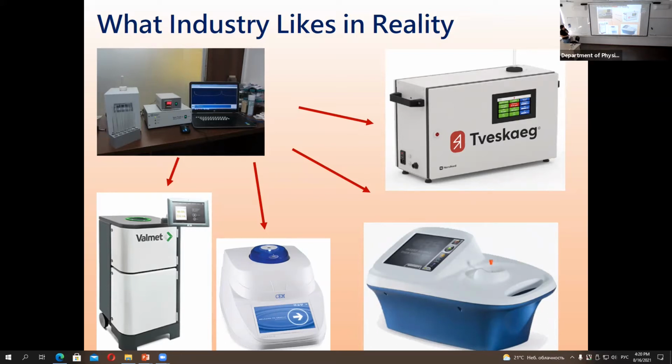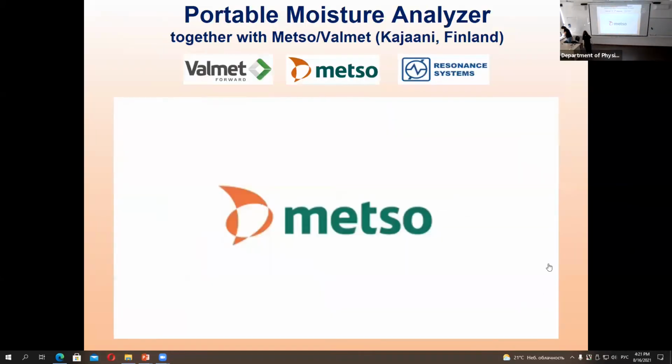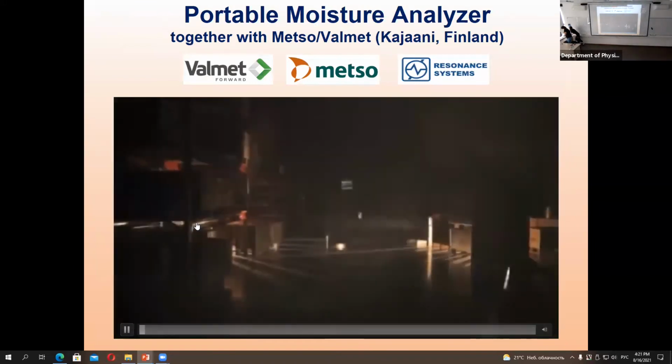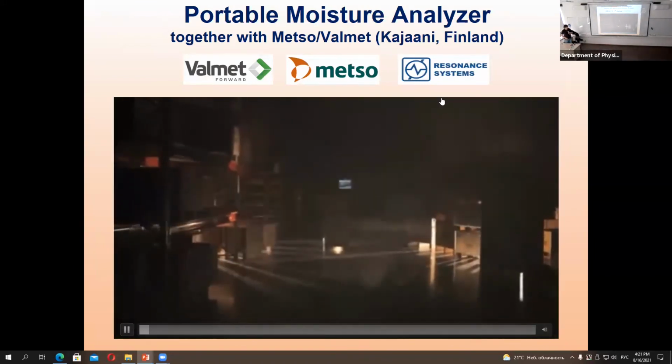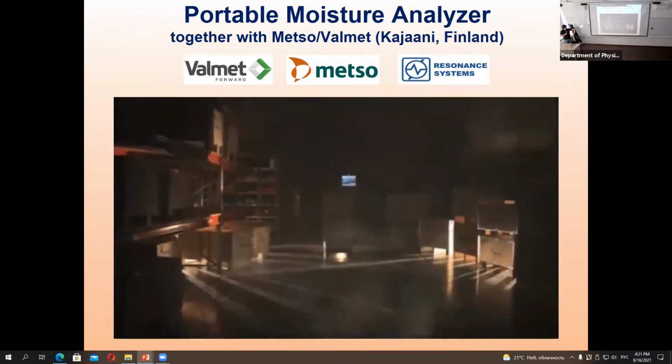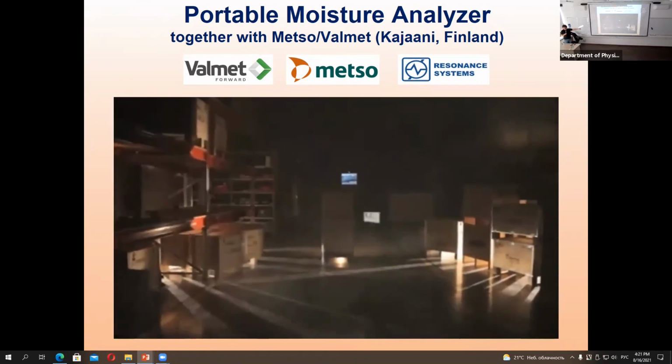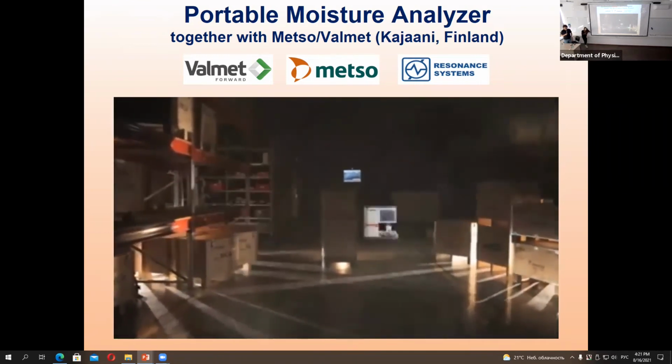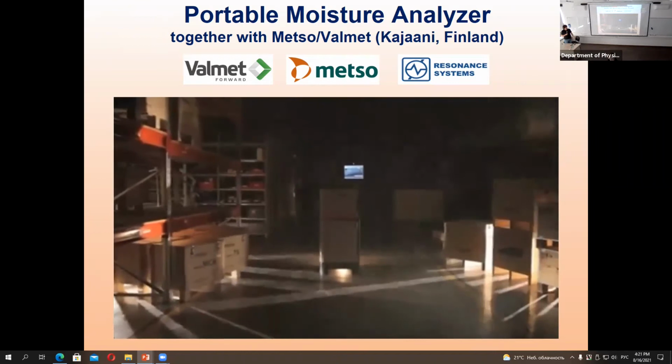So this is the instrument that we used to produce some years ago. It is installed in Korea. I would mention this one. This is produced by a Finnish company, Valmet or Metso. Where is Metso? Let me show you. Talking about the boards, we are selling our boards to these Finnish people. We already provided, I think, 70 boards.